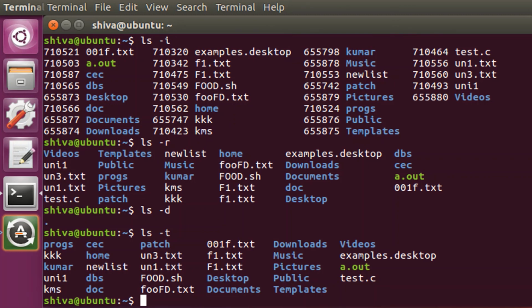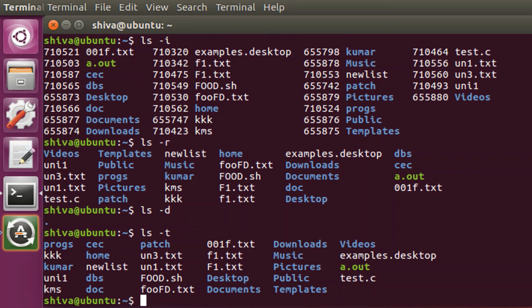Then the second one, ls -r, sorts files in reverse order of the ASCII collating sequence. The last to appear is the numbered file, 001f.txt, then the remaining lowercase, then the uppercase characters appear with ls -r.